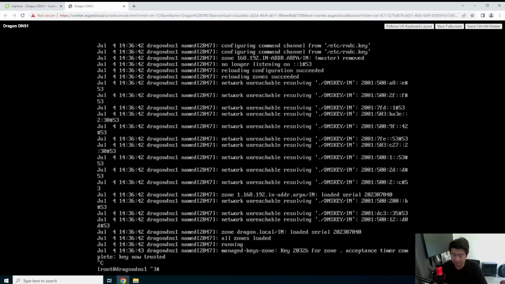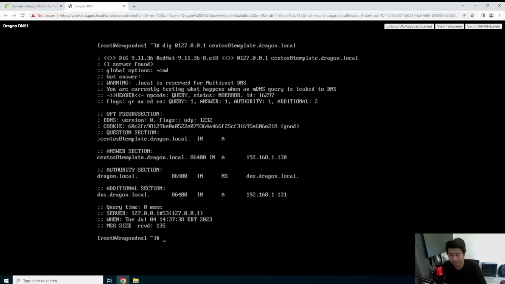So in this case, what we should actually be able to do is dig at it and do, for example, CentOS 8 template.dragon.local, which you can see now it actually resolves and shows that the CentOS 8 template resolves to 192.168.1.30. You should also be able to do the same thing